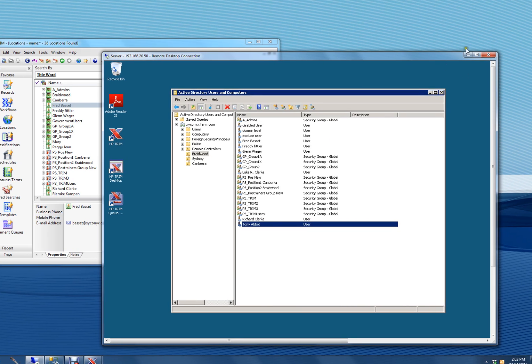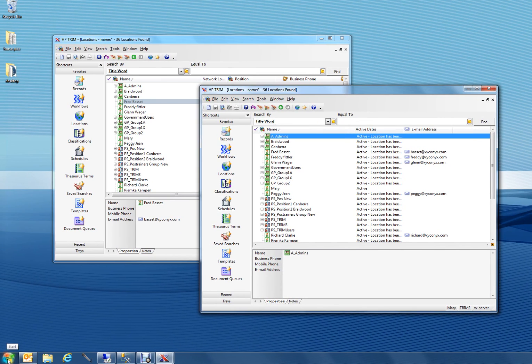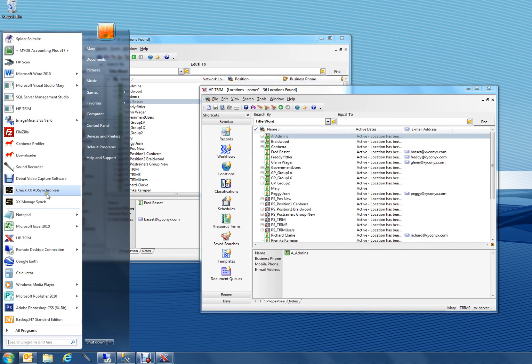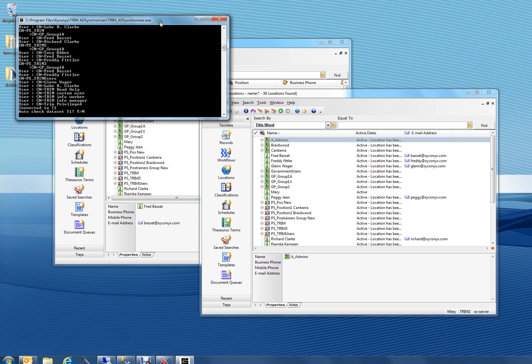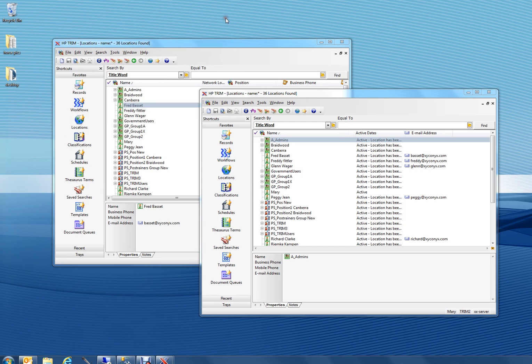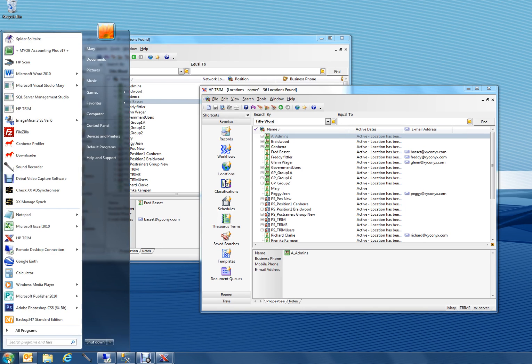Okay, now if we go back to our client, we have installed the Zyconix tools, and they include the manual tools Check XX AdSync and XX Manage Sync. These are what you'll be using while you're getting everything bedded in with the XML before you get the service running. So we'll run the synchronizer, which goes off to Active Directory and gets all of our information into our SQL admin database. It also gives us the opportunity of doing some auto checks, but we don't want to do them now. So we'll just finish that, and we'll come into XX Manage Sync